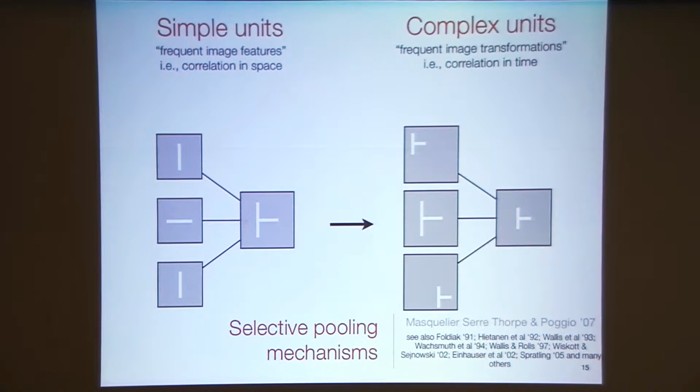For complex units, we have been building on a long history of modeling work, starting with the work of Peter Foldiak in the 90s, who suggested that one way these invariances could be learned is via transformation sequences. The learning rule we implemented was a version of a Hebbian learning rule, whereby instead of reinforcing synapses between presynaptic and postsynaptic sites of things that co-occur at the same time, we introduced a delay between the two. What that delay allows us to do is, when a pattern is, for instance, translating in front of the receptive field of a complex cell, it is going to activate a sequence